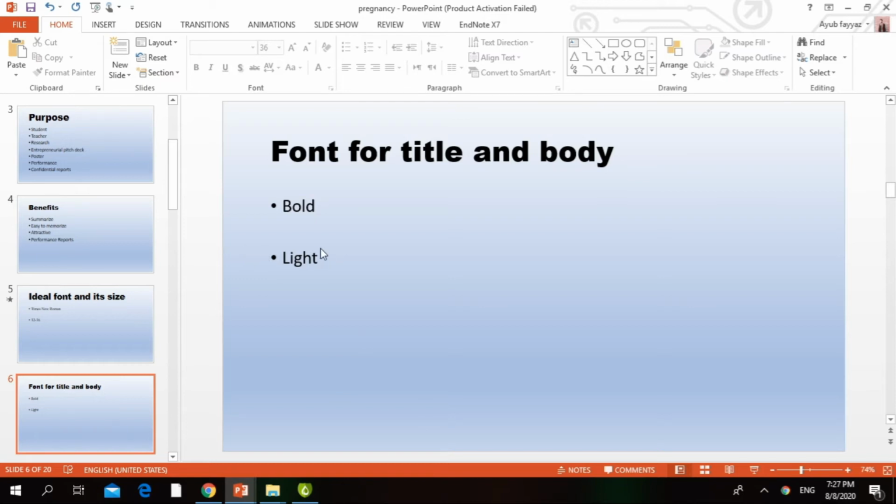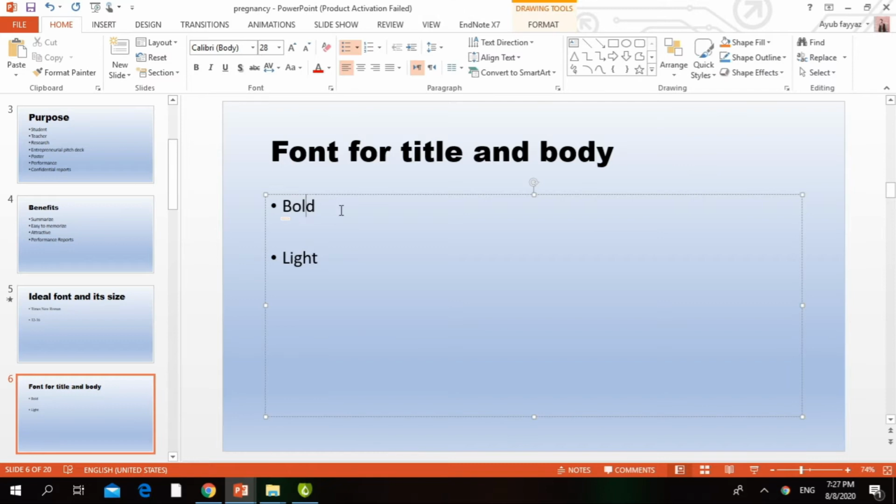So font for the title and the body, bold will be the title of the slide and the body should